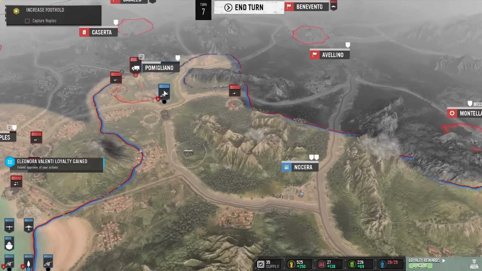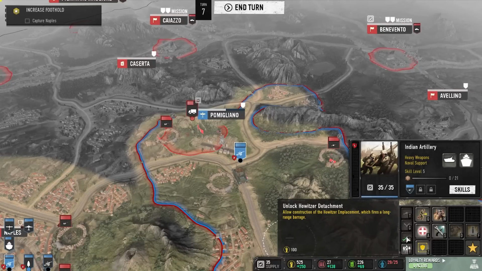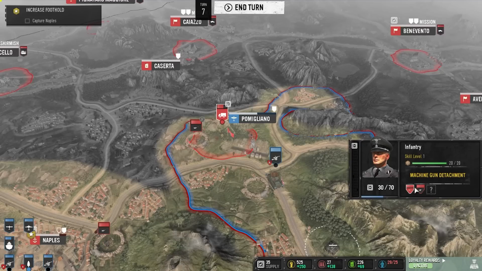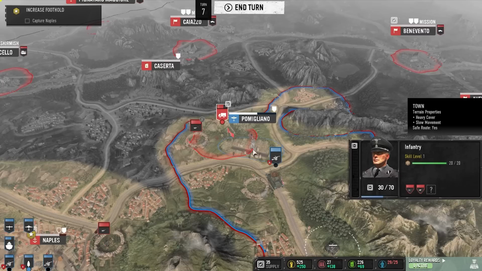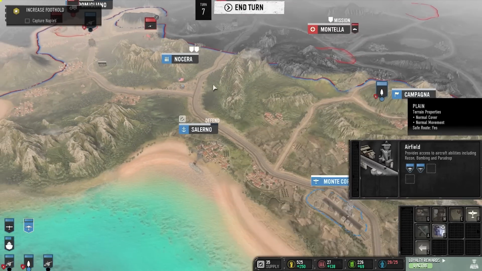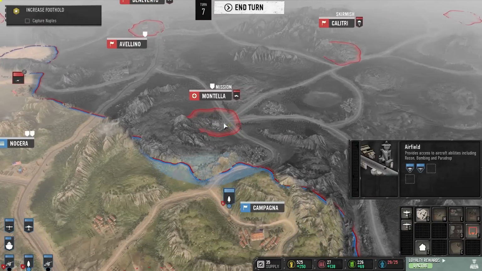But each of these companies, for example this guy over here, I have given this Indian artillery company the ability to make howitzer emplacements, which is kind of neat. This infantry platoon over here has a machine gun detachment and a howitzer detachment, which is, again, kind of neat. So let's see. I've got an aircraft. If I go to the Monte Corvino airfield here, I'm going to do a mission over Montella so that I can spot any potential problematic